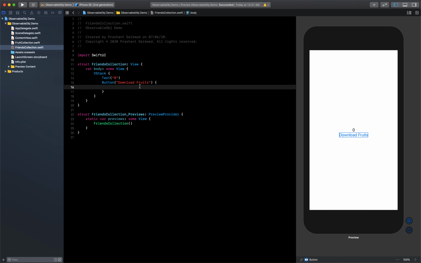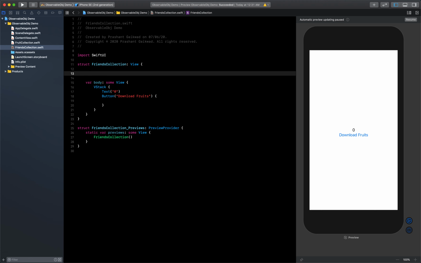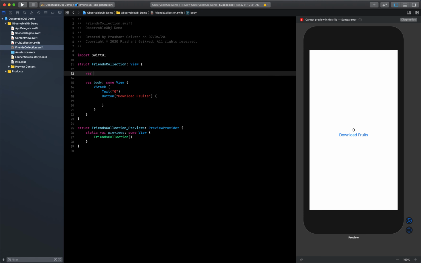And what we are going to do is, once the download fruit button is clicked, we have to increment the count. So let me give here one var fruits count equal to 0 at the start.